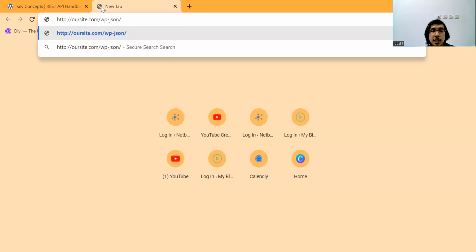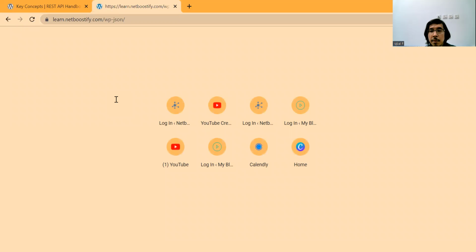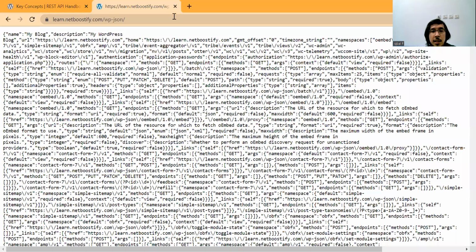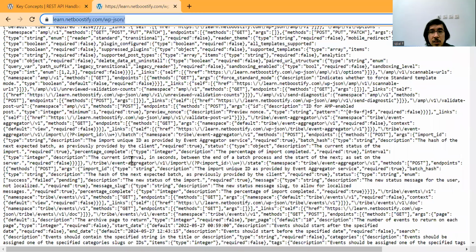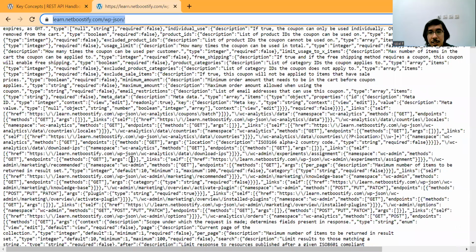In this case, I am using this one, learn.netboostify.com. By accessing this URL, you will find a set of information like this, but it is not really readable because there are too many rows and it is not easy to read.